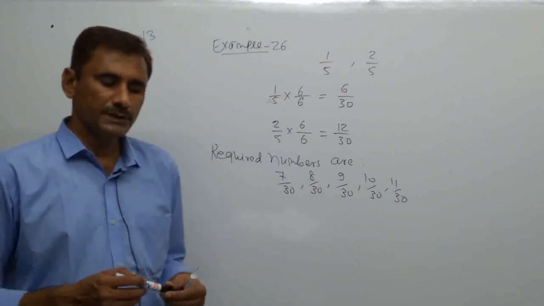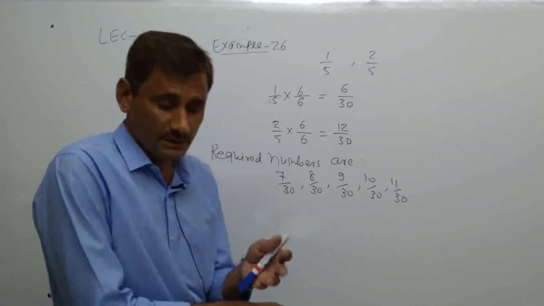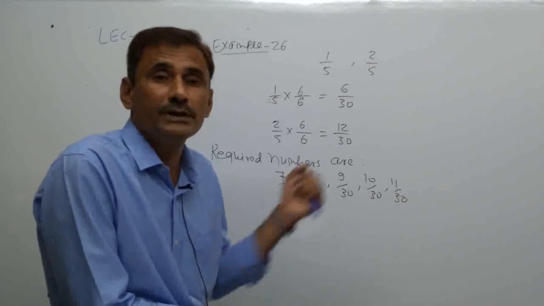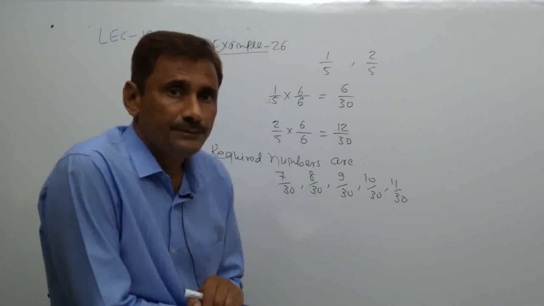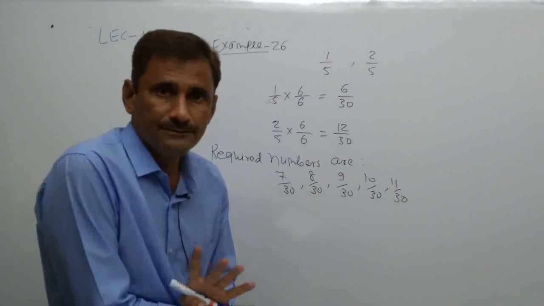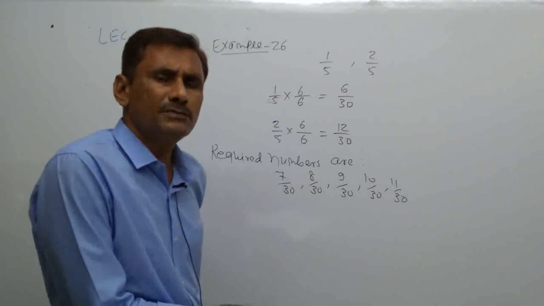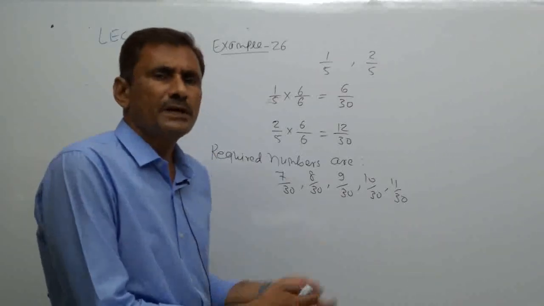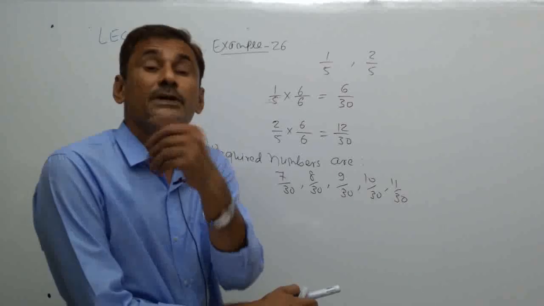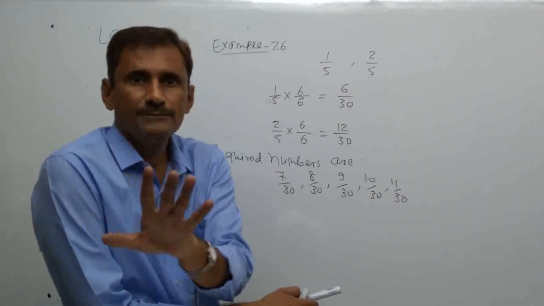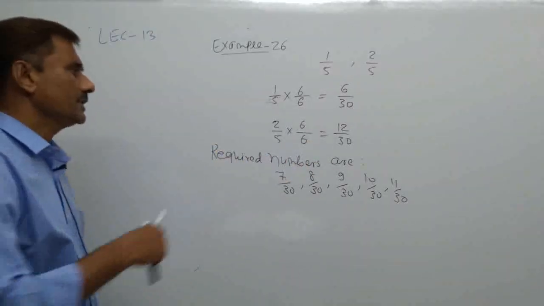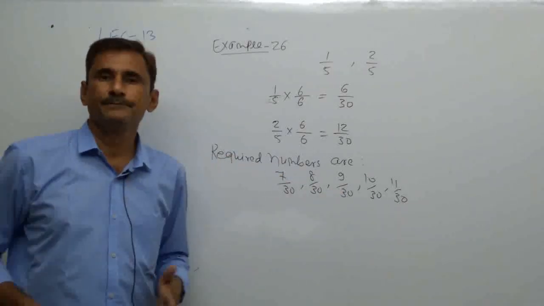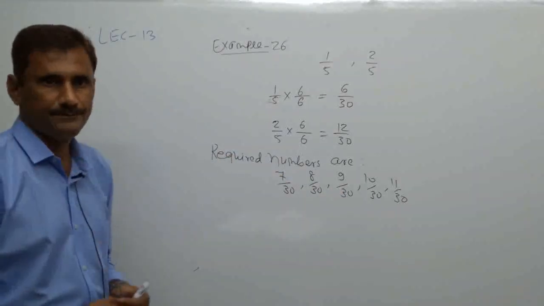Now you are thinking, sir, there is a different answer in the textbook and a different one here. As I told you, there is no fixed answer in between here, because there are infinite numbers of answers. So any 5 we can give, they can give, even you can give different ones. Okay, so it does not matter, but it should be between them. That is the condition.